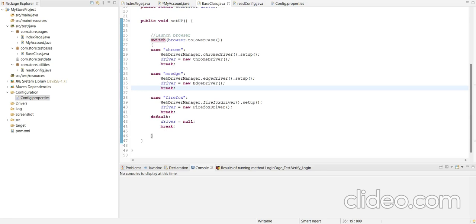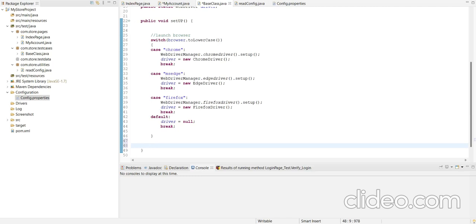For the whole project, this will be our code to launch the Chrome driver or the Edge browser.